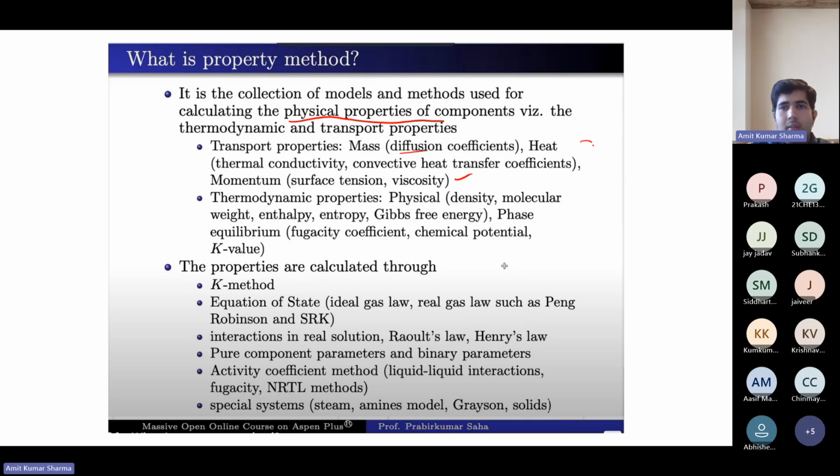These are the things the property method contains, and the properties are calculated through the K method, equations of state, interactions in real solutions, pure component parameters and binary parameters, activity methods, and special systems like steam, amines model, and Grayson solids.